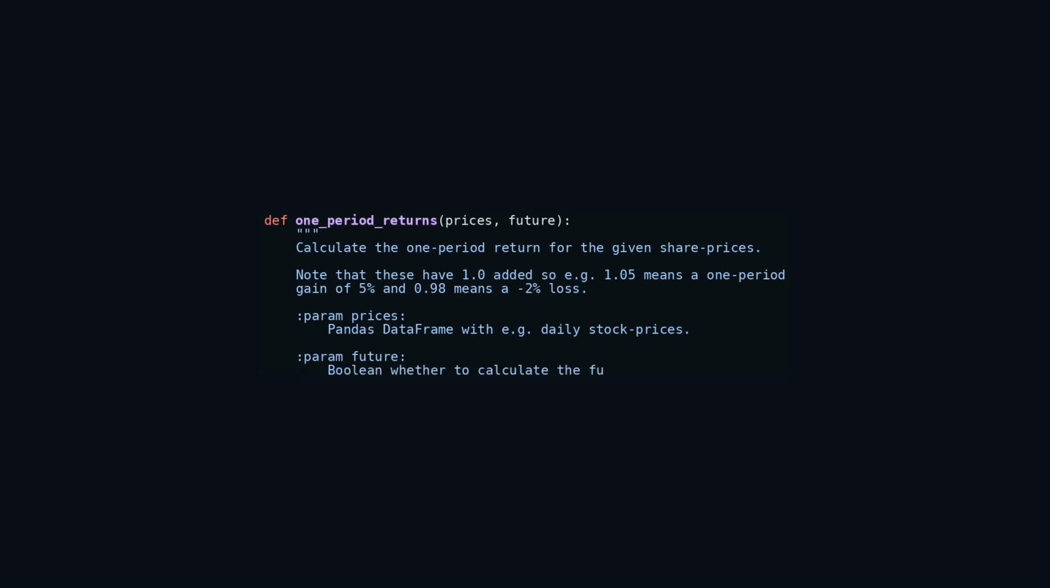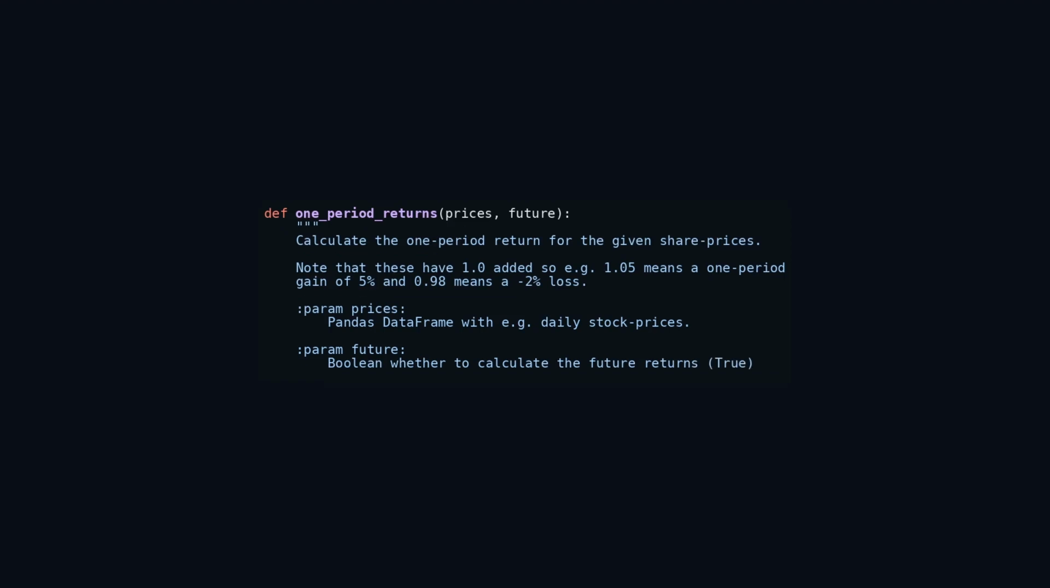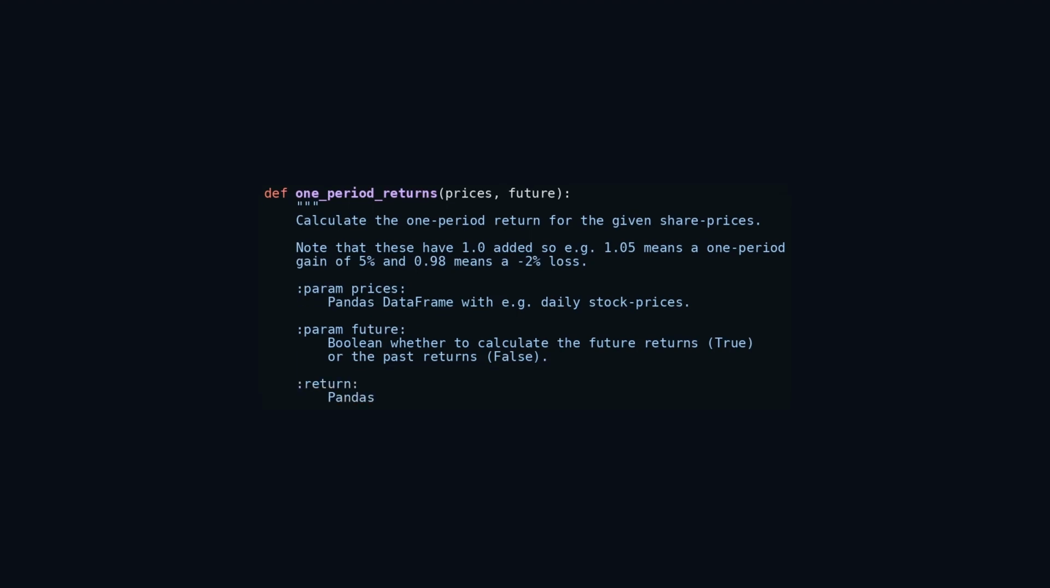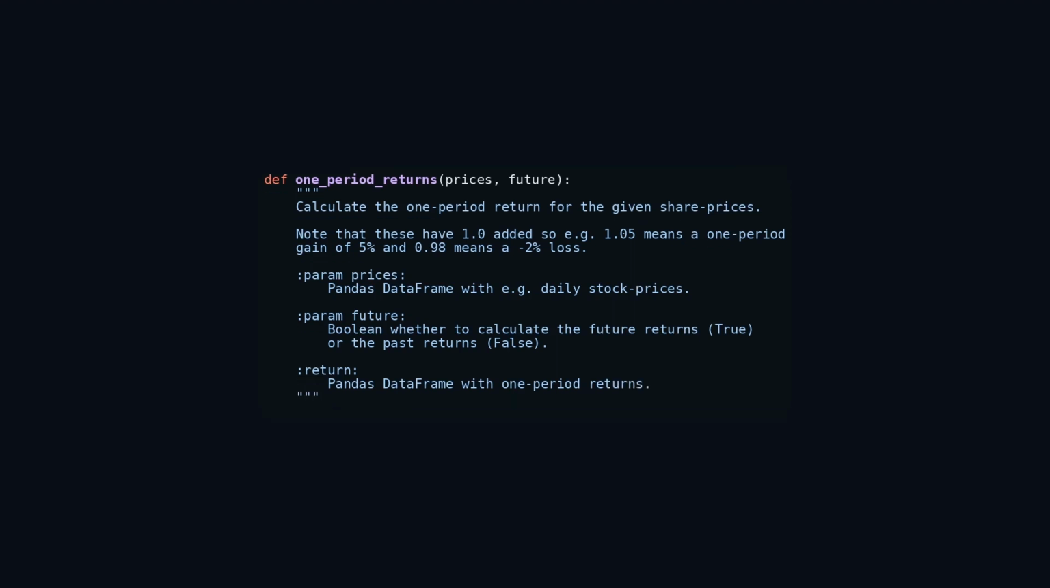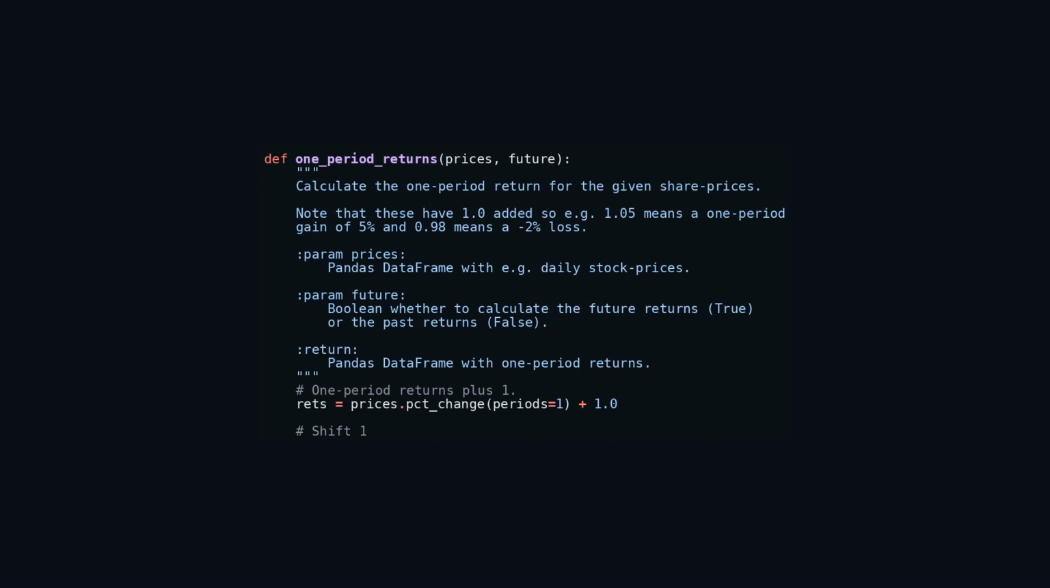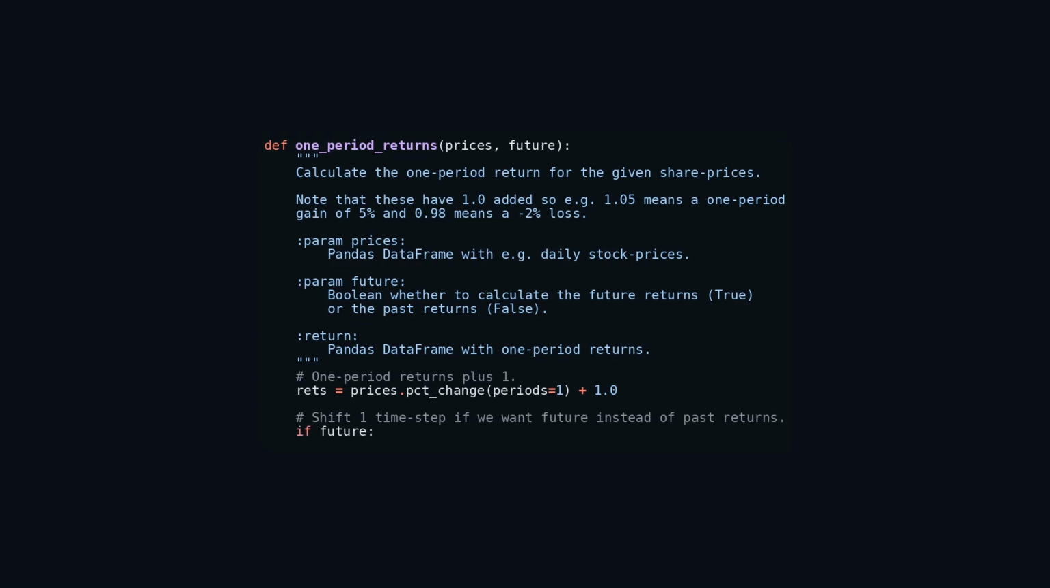If the future parameter is set to true, it proceeds to shift the returns 1 step backward using the shift method, which helps in projecting future returns based on current prices. The final output of this function is a pandas data frame containing the computed 1-period returns. This functionality is particularly valuable in finance and investment analysis, facilitating quick assessments of investment returns from historical data. Additionally, the capability to calculate future returns aids in making informed investment decisions and evaluating the potential performance of various